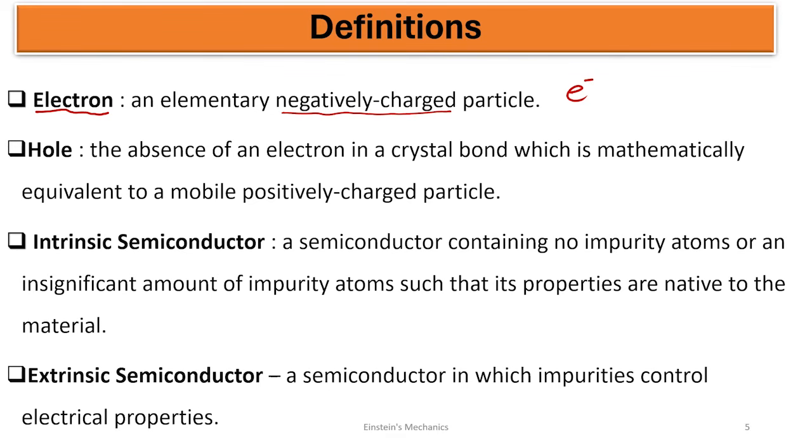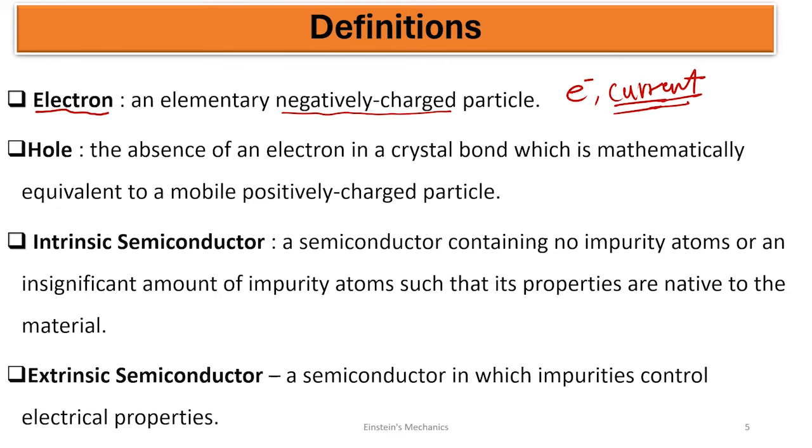And these charges are what causes current to flow. So we are interested in how these electronic devices are going to help us to control our current, our voltage. And we cannot do that without electrons. The presence of the electrons are going to help us to generate such currents. So negatively charged particles are what we call